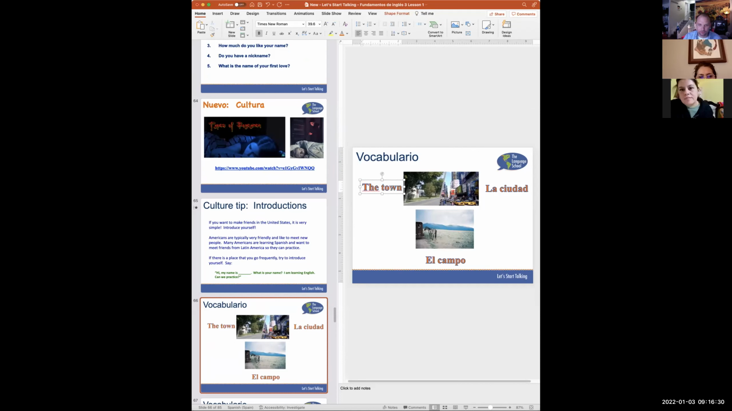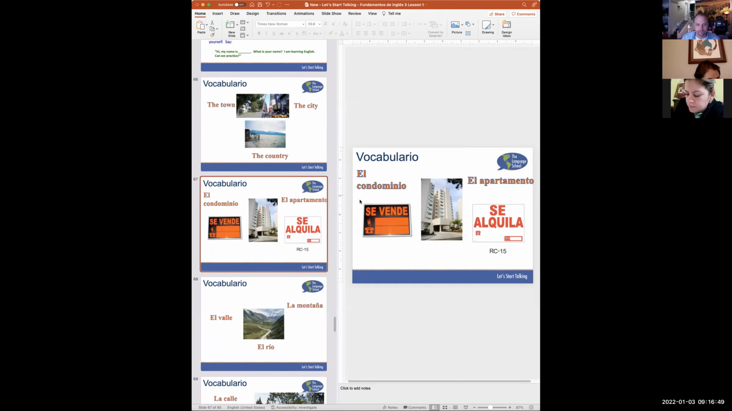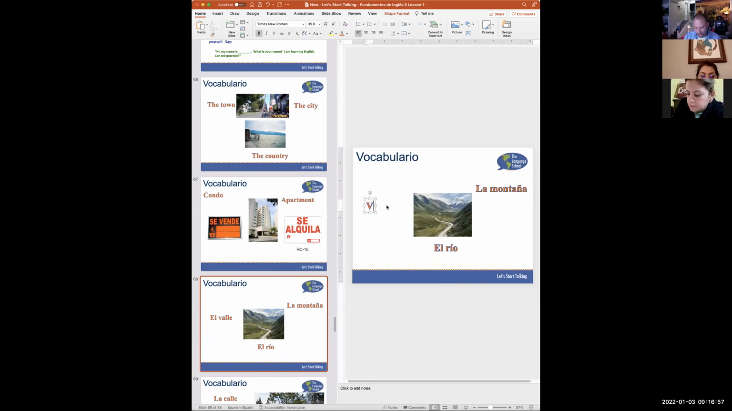The town. City. The city. The country. Country is the countryside, el campo. Town is pueblo. Country is el campo. Country. Condo or apartment. And then here we have valley,